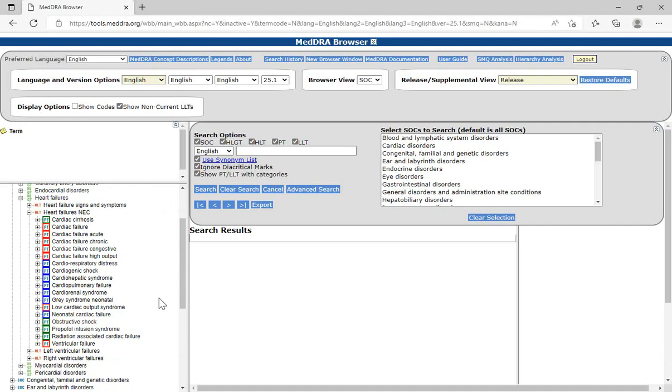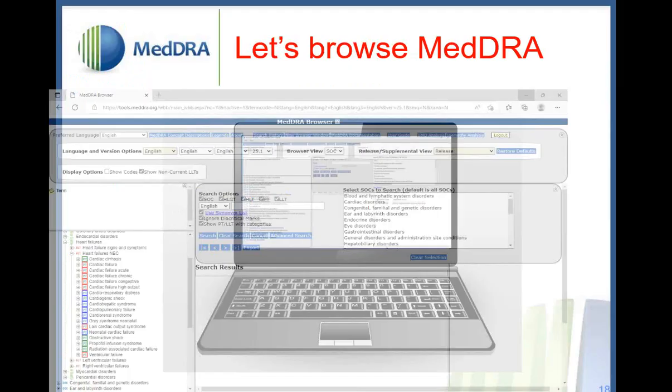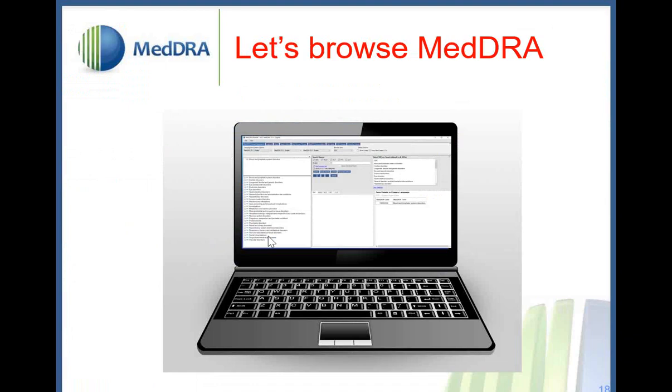Now, before I guide you any further, I'm just going to leave it at that. I've sort of guided you on where I'm going to generally look. I see all these terms. Now I'm going to go back to my slides, and I'm going to ask you, what do you think is the best LLT to approach this particular exercise? I've shown you in the web-based browser how I would approach it top down. I want you to log in on your own browsers, whichever browser you're using, and try to find that particular term.